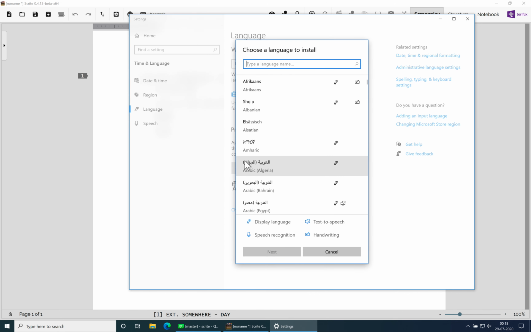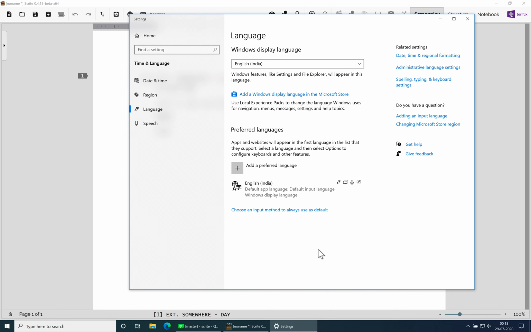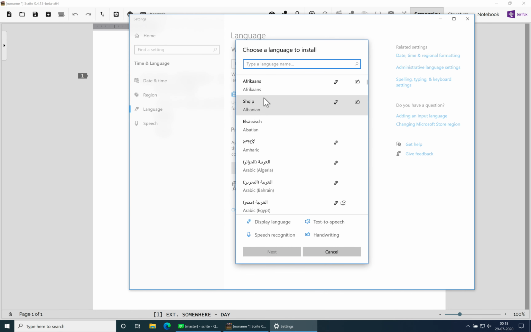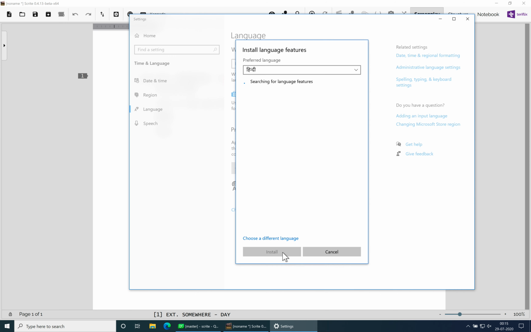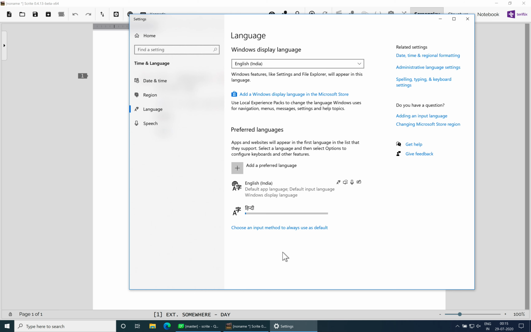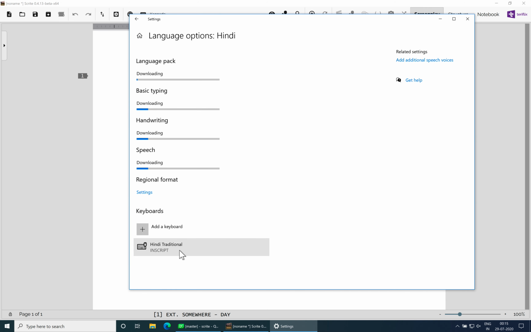So what I'm going to now do is choose to add a new preferred language, and I'll type Hindi, and I'm going to say next, and it is going to search for Hindi fonts and transliteration keyboards and everything that's available on the Windows web service, and it'll download and install that. So now as Hindi is installing, I'm going to go to options here, and by default there is this